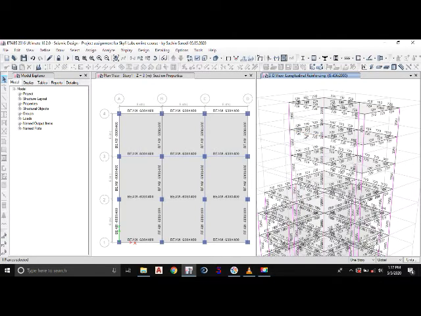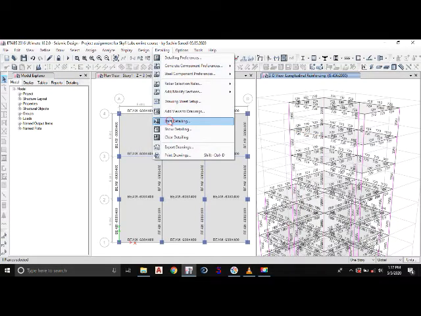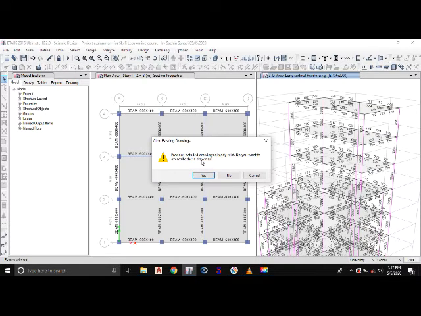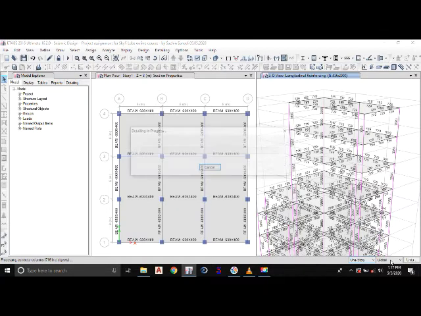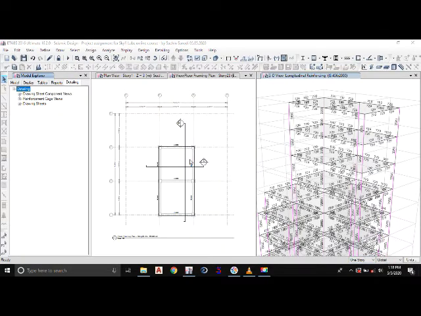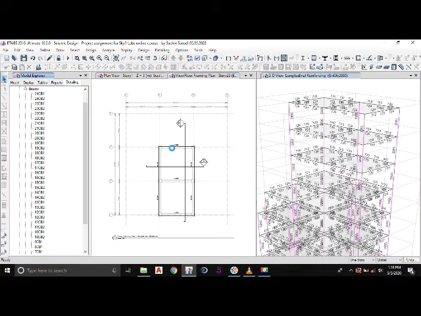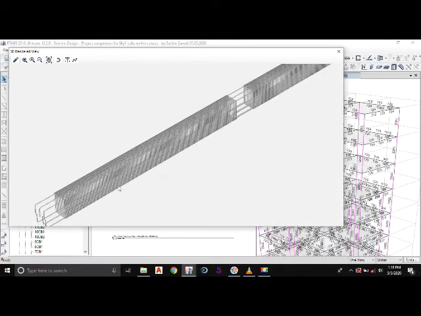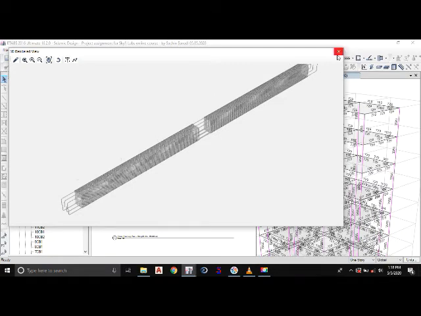So once the design is complete, now we'll go for the detailing. So I'll go to detailing and again I'll start the detailing part. Since we have detailed the building for the seismic analysis, it will ask you whether you want to repeat the detailing or not. So we'll repeat it and we'll click yes. So again, once the detailing is complete, you can go for the reinforcement detailing with the detailing icon. So I'll go to reinforcement cage view. So I will go to beam. I'll select any of the beams, and then I will get the reinforcement provided for that particular beam. So you can see the reinforcement provided in that particular beam.